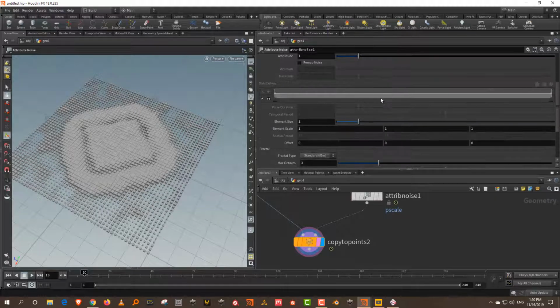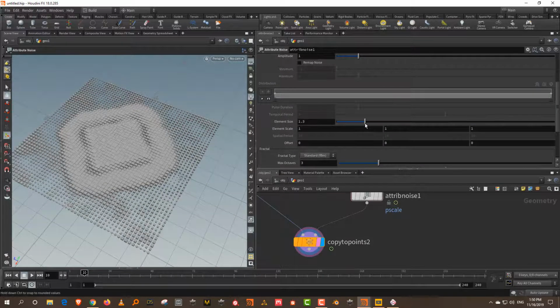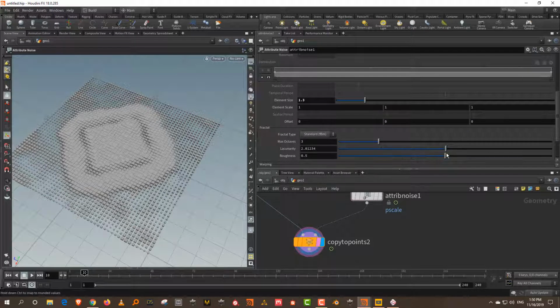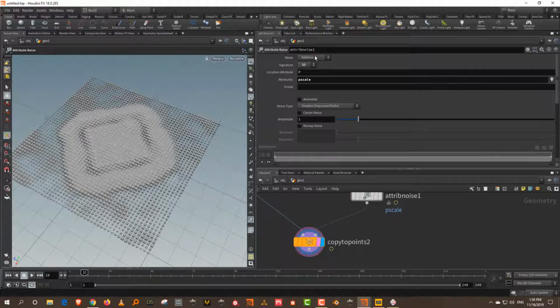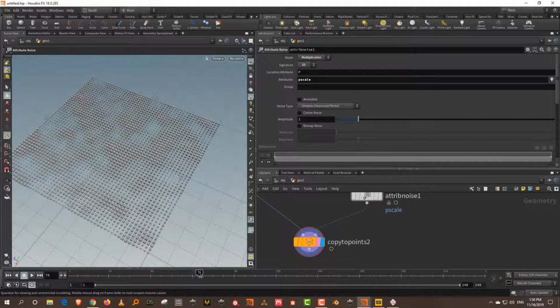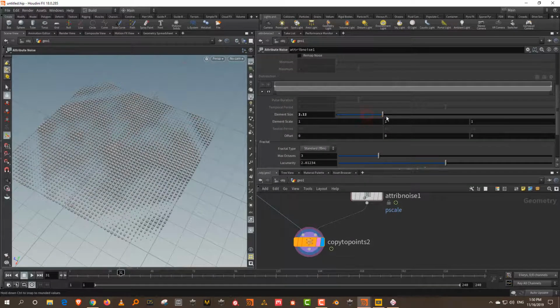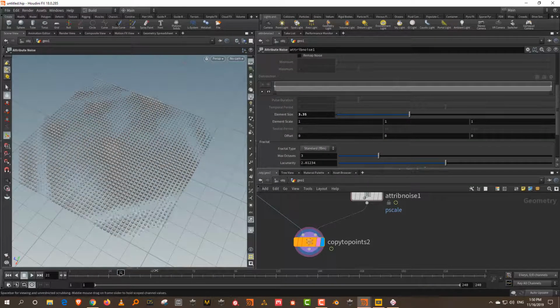And what you can do is you have different options. You can generate the element scale, which is the size of the noise. And then you can also define roughness. And we can also try to make it multiplicative. So it's multiplying with the existing stuff. See, so you can get a noise map instead of having just a. So you can do some pretty nice things with this.